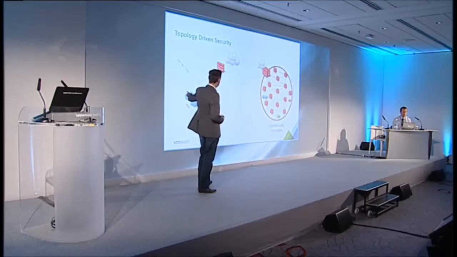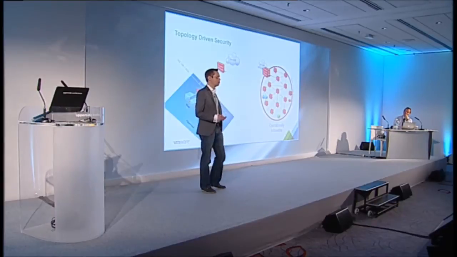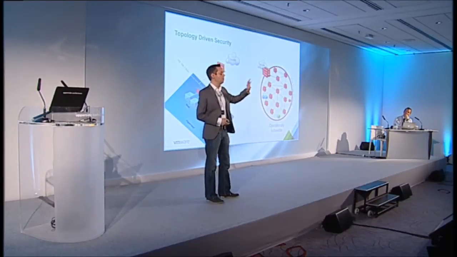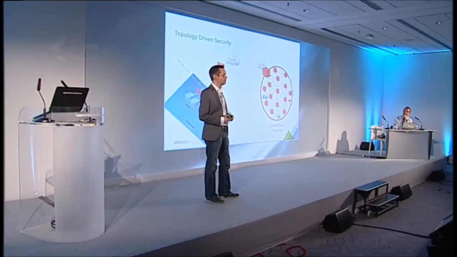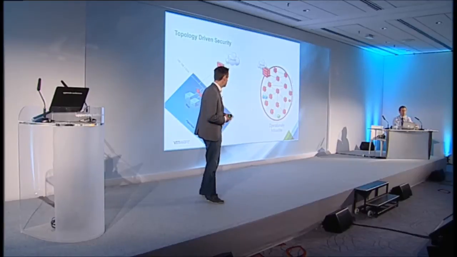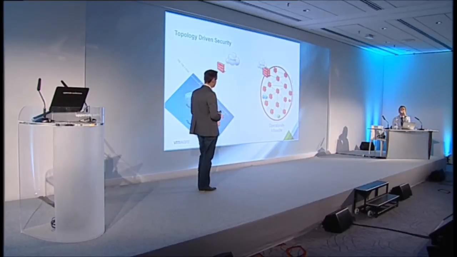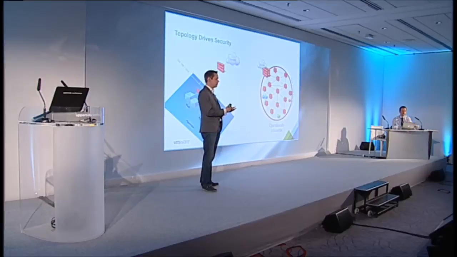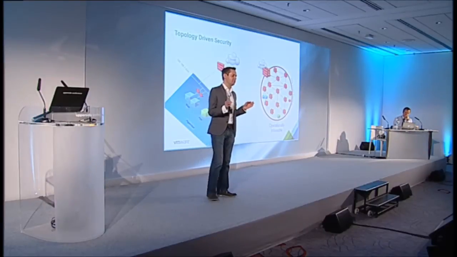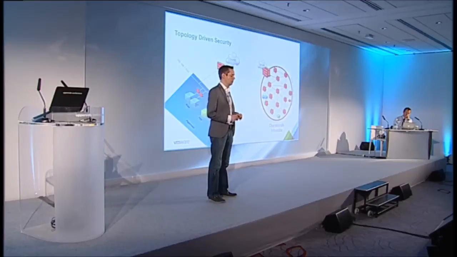And then somebody like VMware arrives on the scene and says, do you know what? We can virtualize all of this stuff. So what we're going to do is we're going to build a hypervisor. And as soon as you build a hypervisor and you put these workloads on a hypervisor, guess what? In this instance, everything remains within the hypervisor. You will never see the traffic on the physical network. So then how do you apply security? So again, it comes down to this challenge. How do we provide ubiquitous enforcement, whether it be for virtual workloads or physical workloads? And how do we achieve, I guess, the model we have today with centralized policy definition, but have distributed policy enforcement in a way that's ubiquitous across the data center?